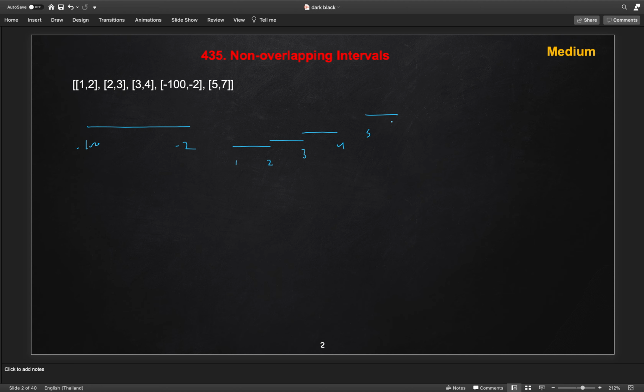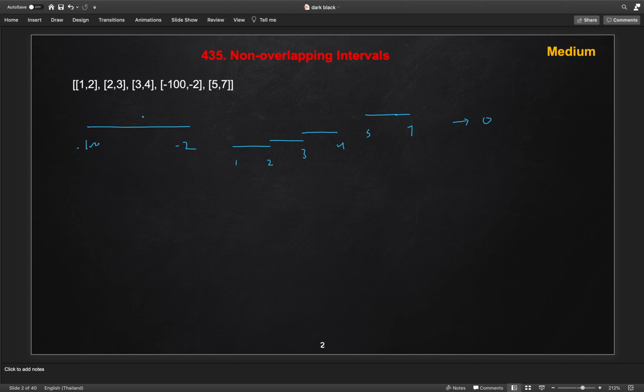So this will be a little bigger. If we see, no interval is overlapping with any other, so the minimum erase is 0.